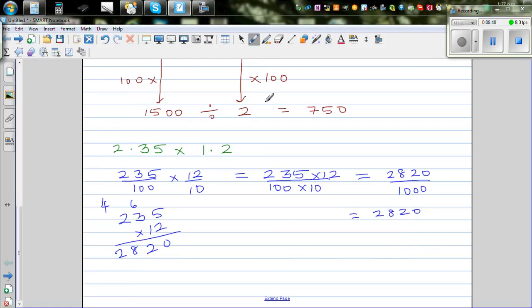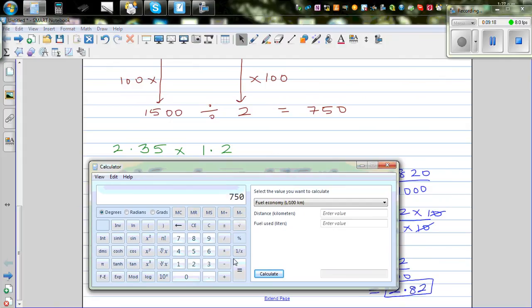So I'm going to write the 2820 like this: 282 times 10 over 100 times 10. So this 10 gets cancelled. So this is 282 divided by 100, which is 2.82. So let's confirm this on the calculator. If you just know how to change the decimals into fractions, you can do any type of multiplication. So 2.35 times 1.2, the answer should be 2.82. So answer is